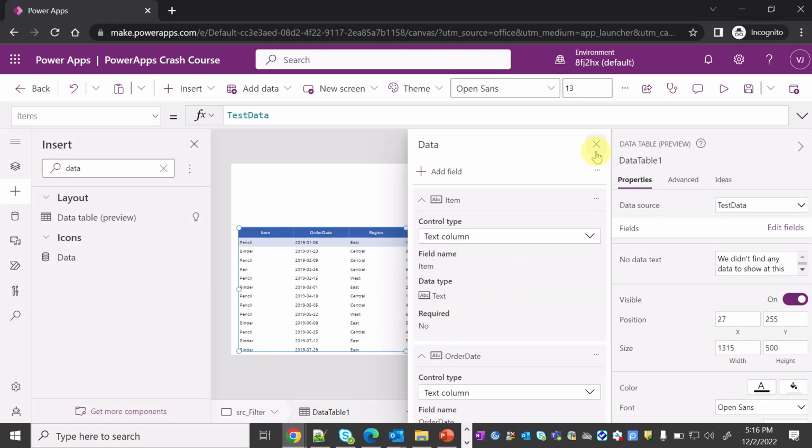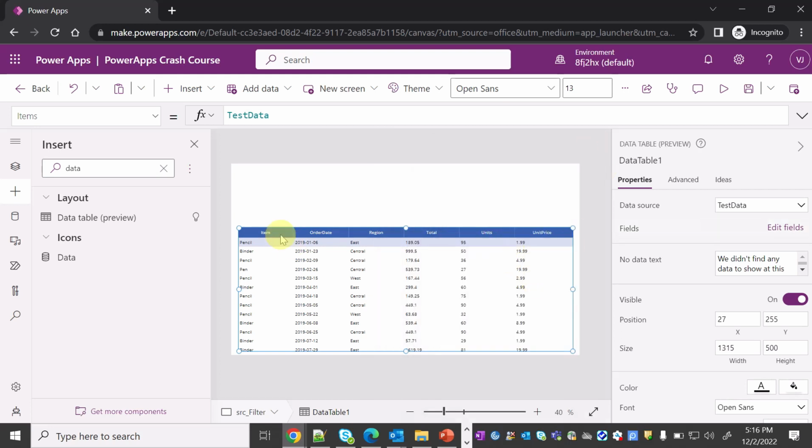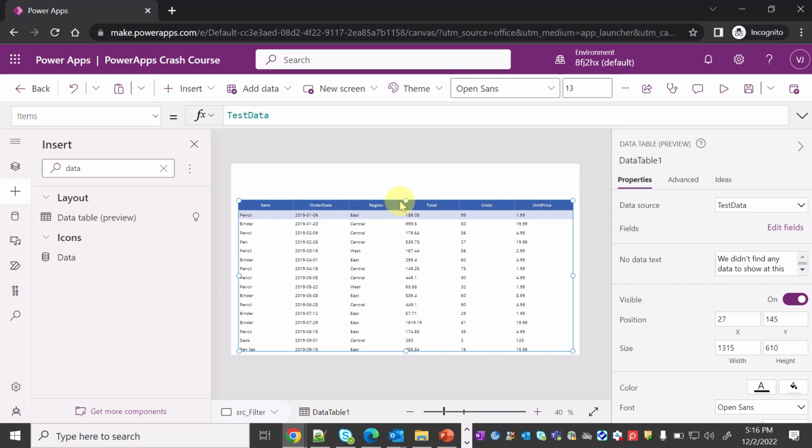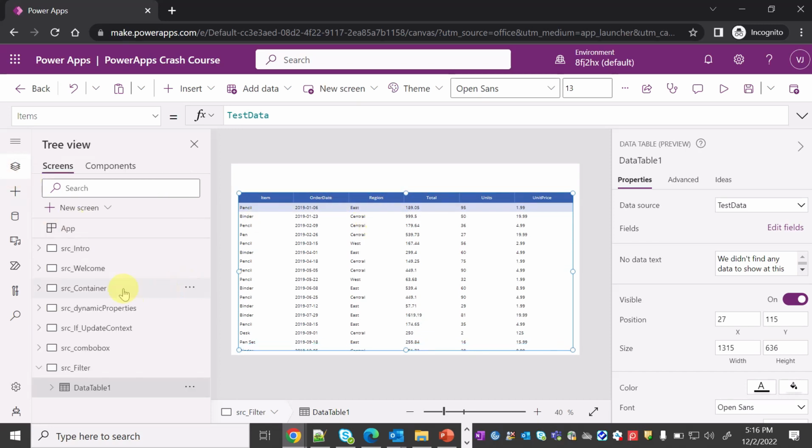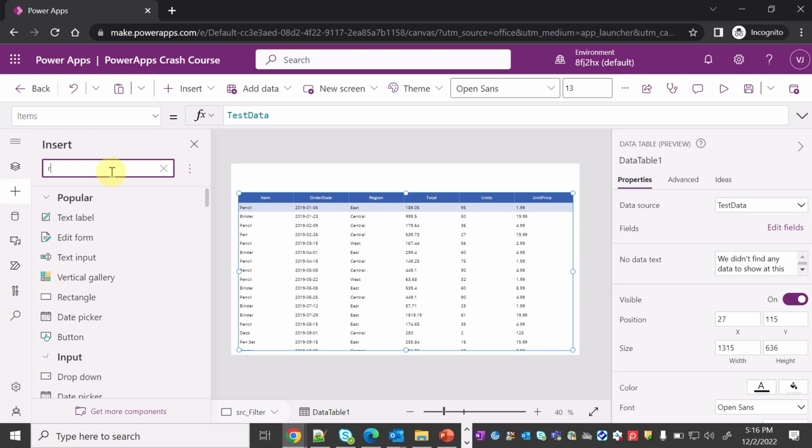So what will happen is that once I have selected the fields of the source, you can see the values, or the rows, are now visible in my data table. Let's expand it more. All right. Now, please remember that you are in the filter screen. What I'm going to do is add a rectangle,